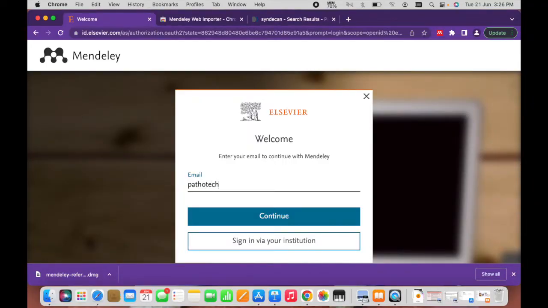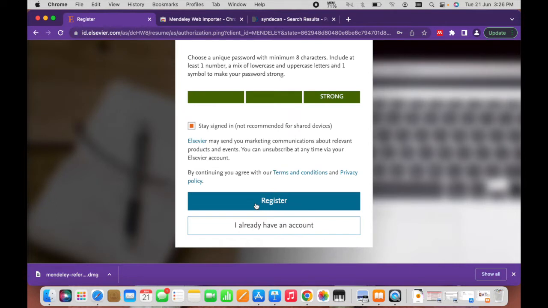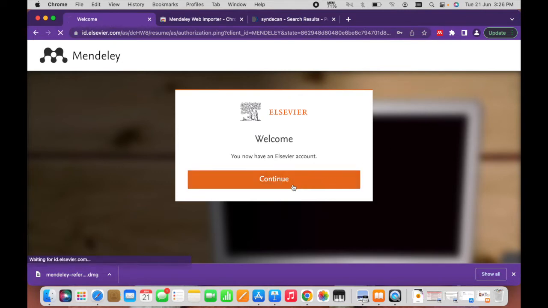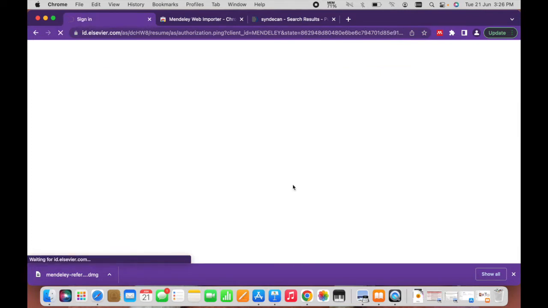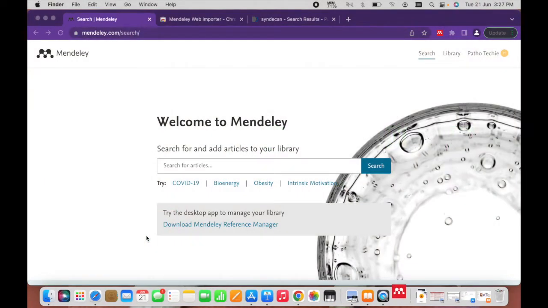Once you click this page, you will be prompted to enter your email ID. So enter your email ID, continue with all the procedures, and then click Register. Once you register, you will have a username and password for your Elsevier account, which you will have to use for Mendeley too. Once the download is complete, you click the downloaded file